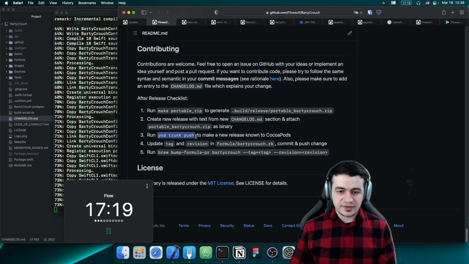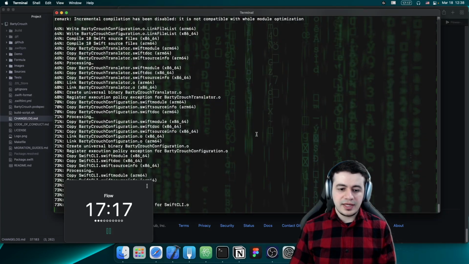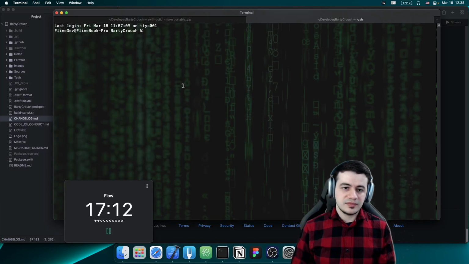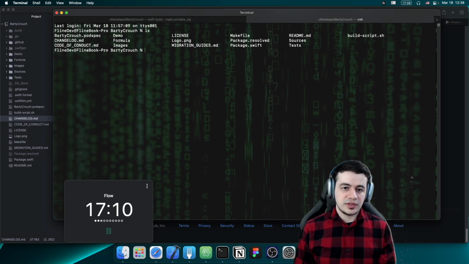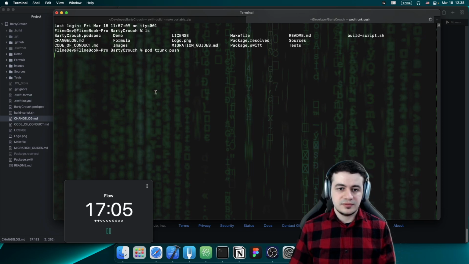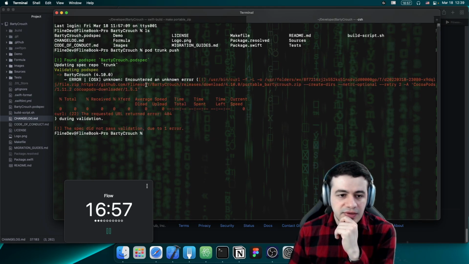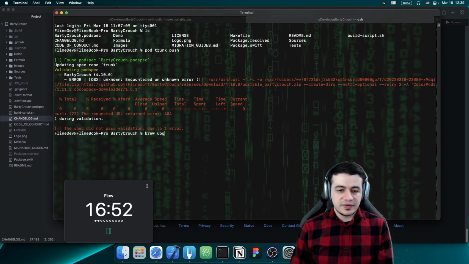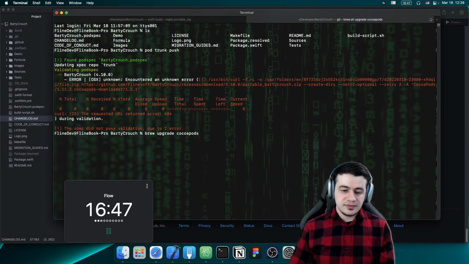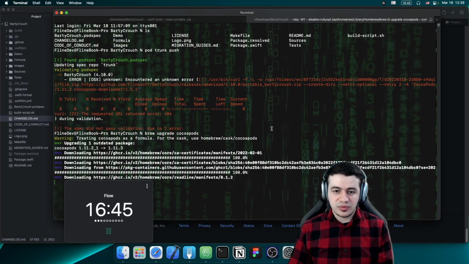Run pod trunk push. That's the next thing we'll do, and we can actually do it at the same time. So I'll just open a new tab, and this is also in the BartyCrouch, right? Yeah. I'm just going to run pod trunk push in here. I think we have set up pod trunk in the past, so it should be authenticated already. But there is an issue, and I don't know what it is, but I will just upgrade